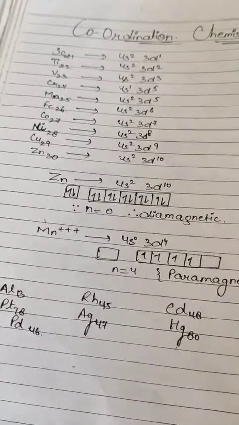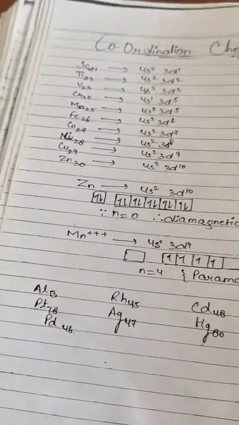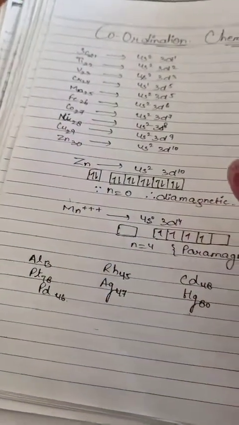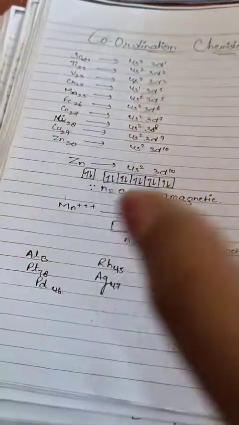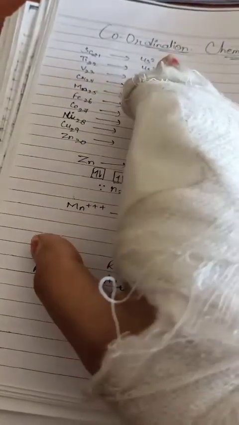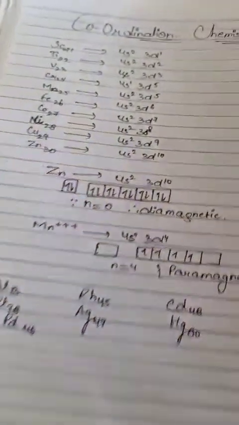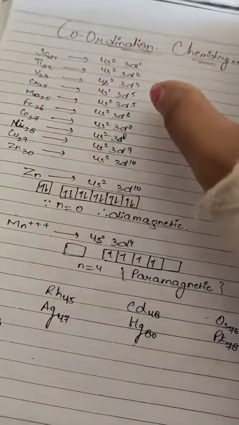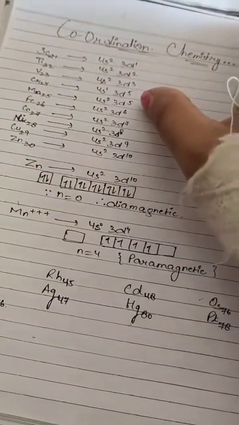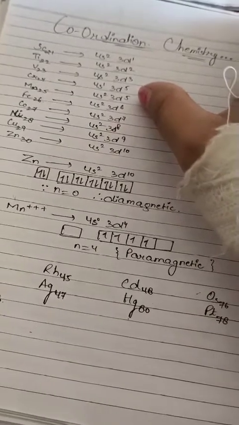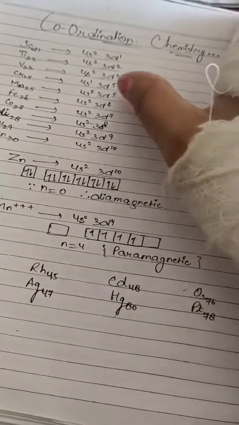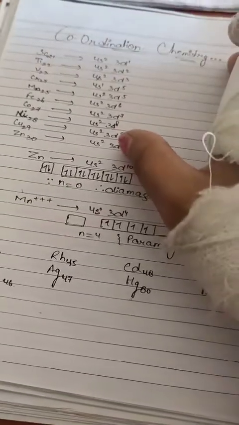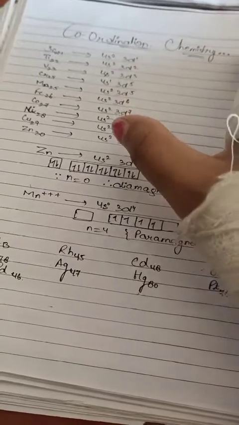I have written the atomic numbers also. So first we fill 1s1, 1s2, like this. What comes at the last is 4s2 and 3d1. In the next one it is 4s2 3d2. Now the exceptional case is Cr, atomic number 24. In this one the s portion has one electron, and in the d portion 5 orbitals are half-filled. Next, this one is different, that is Cu.